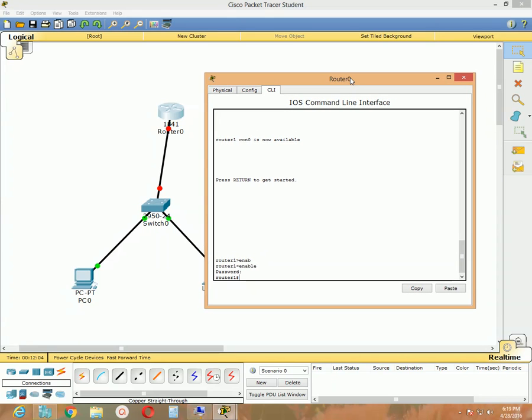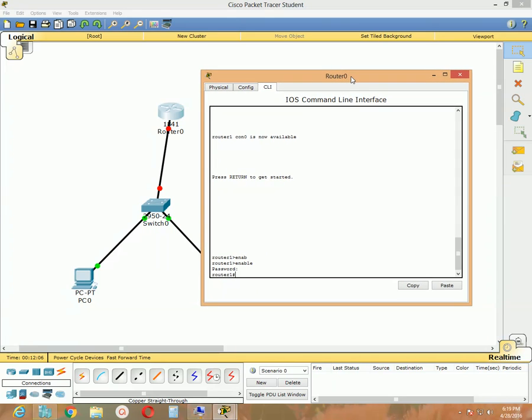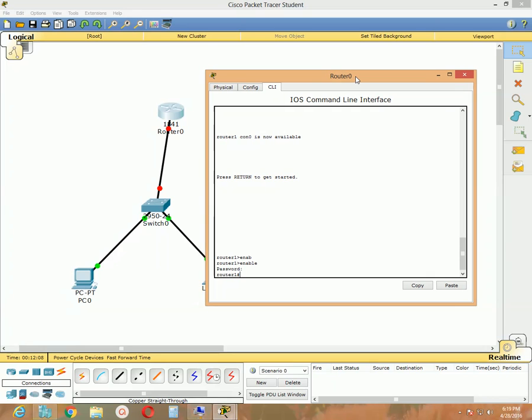Now the final thing for this tutorial, I am going to discuss how to set up the IP address in our router Ethernet port. To set the IP address, once again I need to go to the configuration mode: configure space terminal, and then hit enter. Once you are in configuration mode, type this command, which is interface